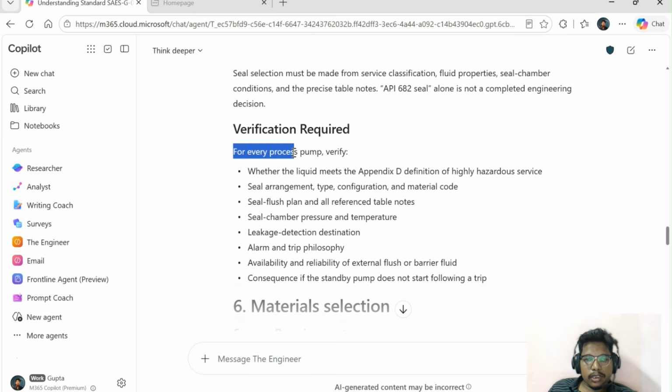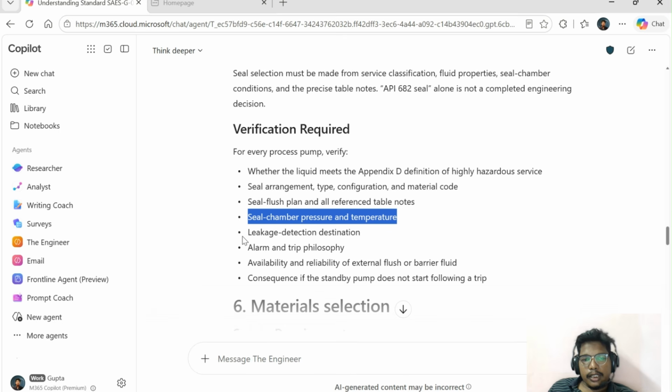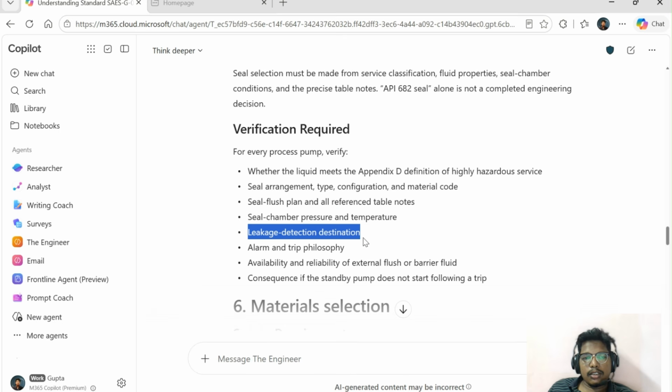For every process pump, verify whether the liquid meets the Appendix D definition of highly hazardous service, seal arrangement, type, configuration, and material code, seal flush plan and all reference table notes, seal chamber pressure and temperature, leakage detection and destination, alarm and trip philosophy,